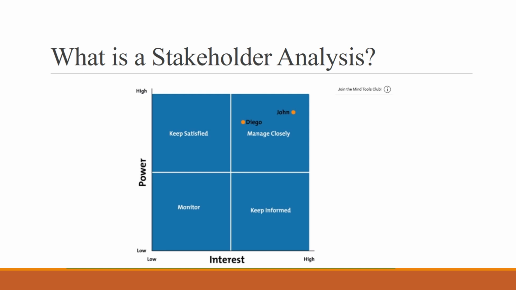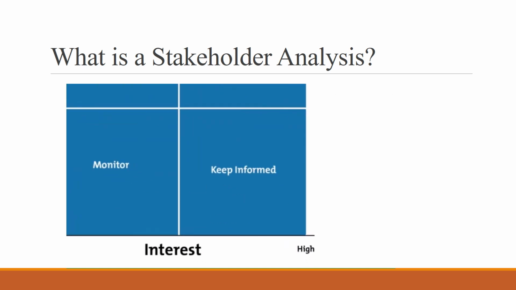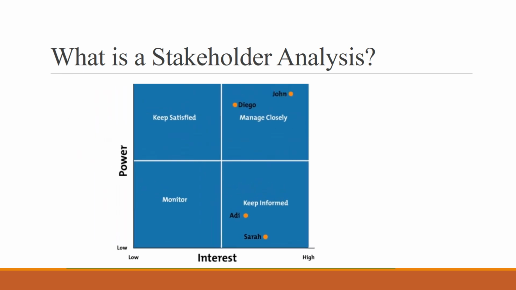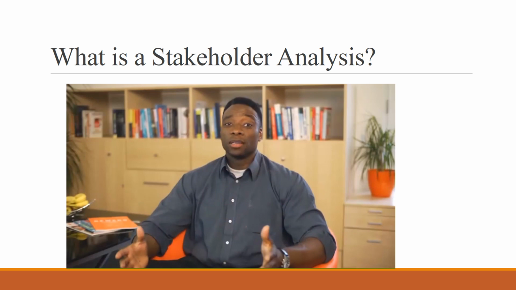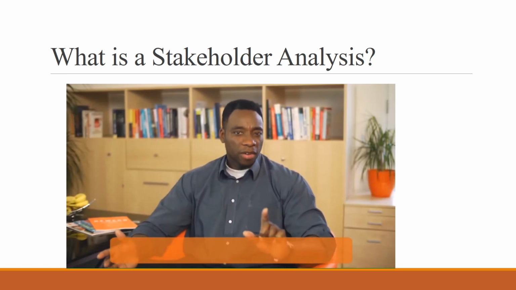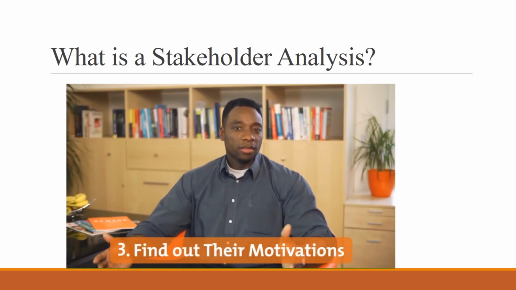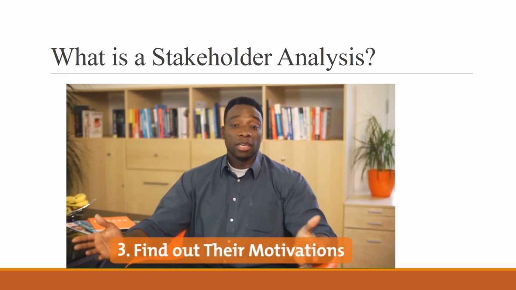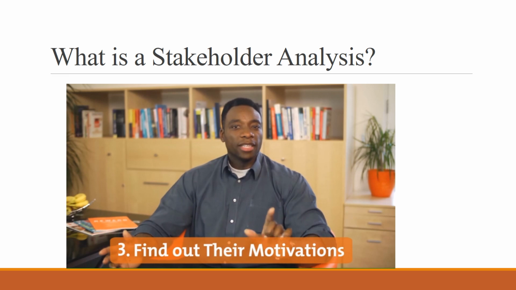Sarah and Addie, on the other hand, have a great deal of interest in your project, but little power. They'll both go in the lower right quadrant. You won't work closely with them, but you want to keep them informed of your progress. Once you've plotted all your stakeholders on the grid, you'll need to find out what motivates them. For instance, what financial or emotional interest do they have in your project? Who influences their opinions? You'll likely find that some of your stakeholders will be avid supporters of what you're doing,